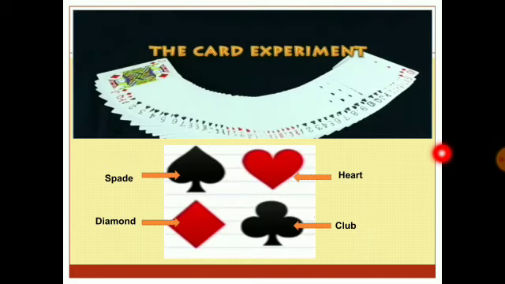You all know that a pack of cards or a deck of cards has 52 cards. These 52 cards are divided into two different colors. We have 26 red colored cards, if you can see, and we have 26 black colored cards. These 26 red colored cards are divided into 13 heart cards and 13 diamond cards. Similarly, we have the 26 black cards divided into 13 spade cards and 13 club cards. So, in all, we have 13 heart cards, 13 spade cards, 13 diamond cards, and 13 club cards.